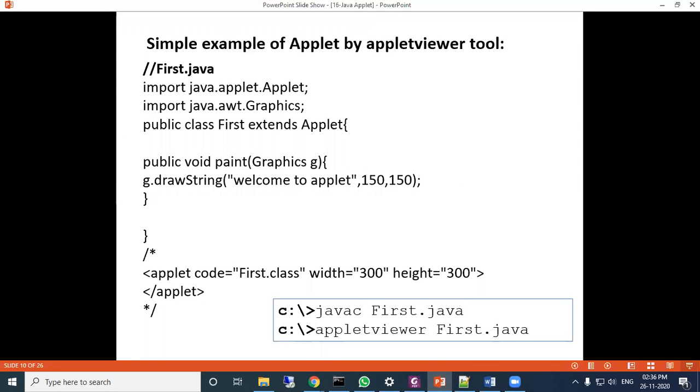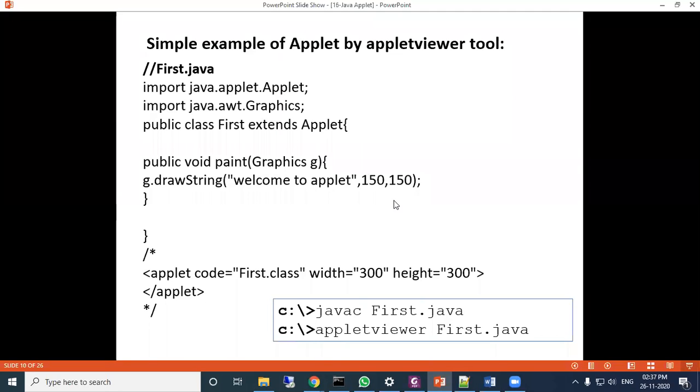When you call this class file through the browser, the paint method will be executed immediately when the applet starts. Whatever you use inside the paint method will be visible on the screen.